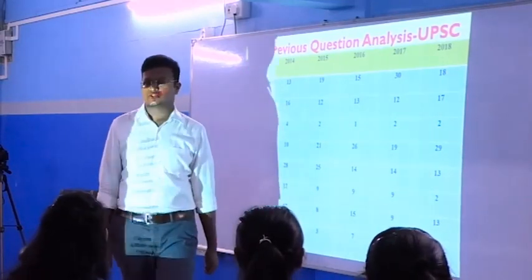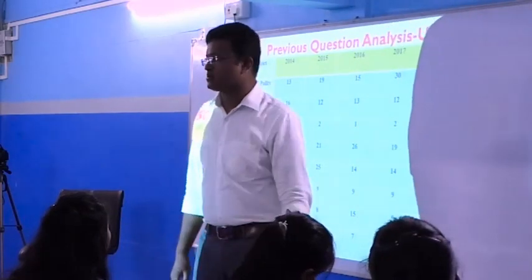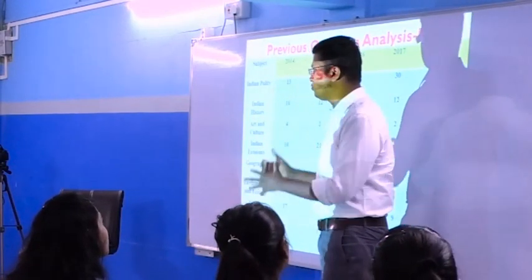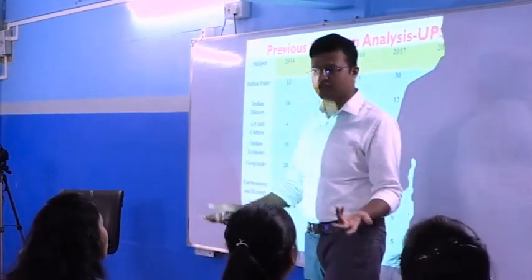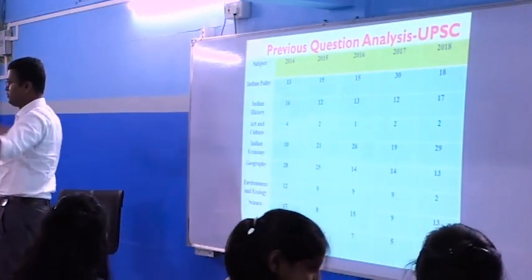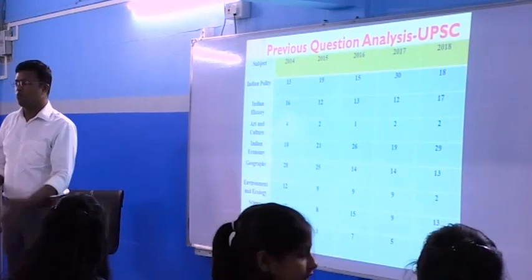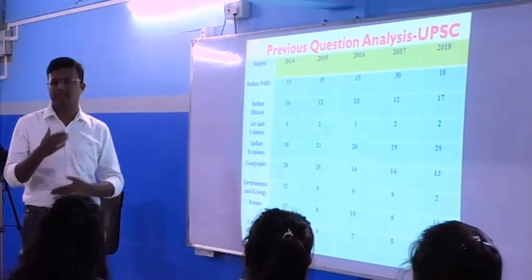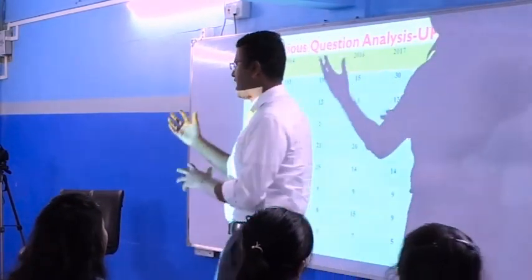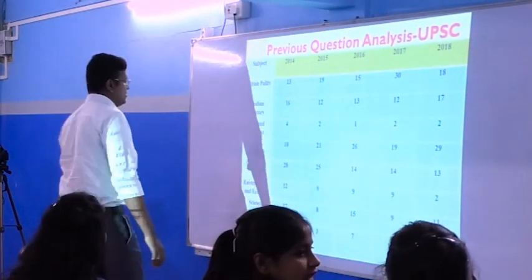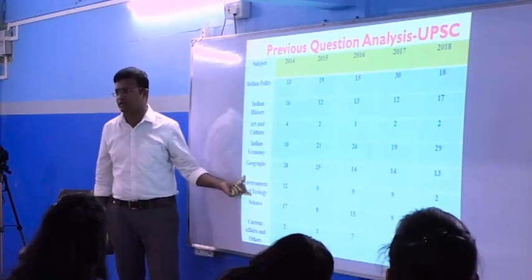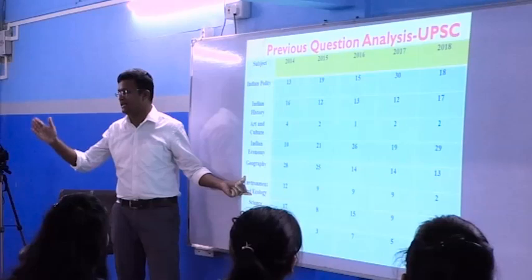In environment and ecology, they will not ask you any question directly from the textbook. They will sometimes ask you about the Paris Agreement of 2015 and which of the following are true regarding the Paris Agreement, and that is current affairs of environment and ecology. They may ask you about the smog in Delhi, because in the winter Delhi becomes very polluted. What are the reasons behind that? And they may ask you about some other environmental act, such as the Forest Protection Act passed by the Parliament of India. So the environment and ecology questions will mostly be current affairs, dynamic questions, because we have to update every year.